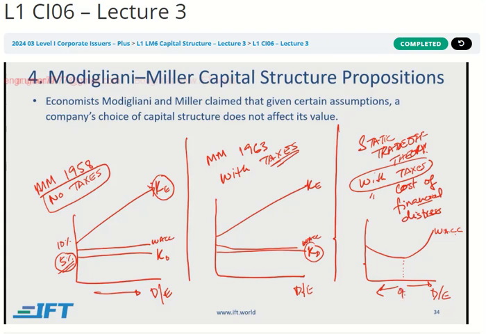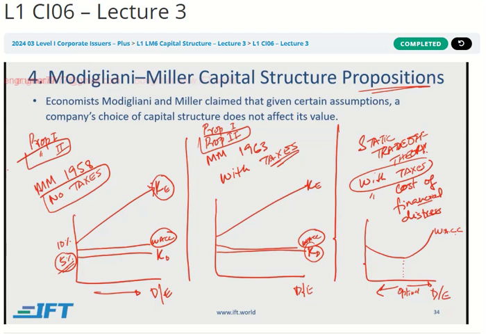And this is obviously the optimal capital structure. So this is the high level introduction to these three theories, right? But Modigliani and Miller have two propositions for each of these. So there's proposition 1 and there's proposition 2 in each of the theories. The one which we just discussed is proposition 2 for each of them, which basically says that WACC does not change and WACC changes. That is your proposition 2.